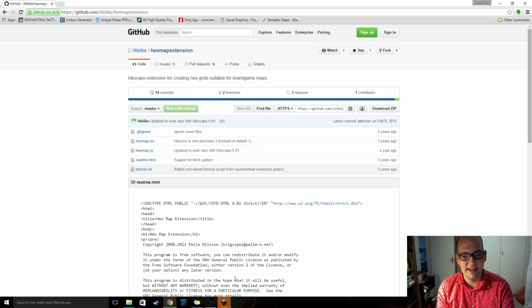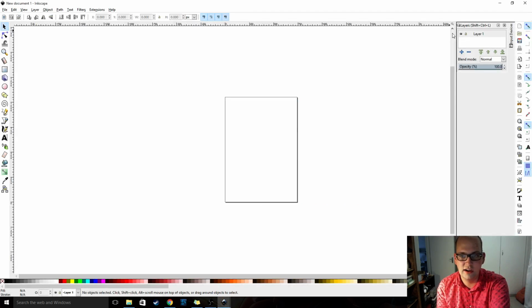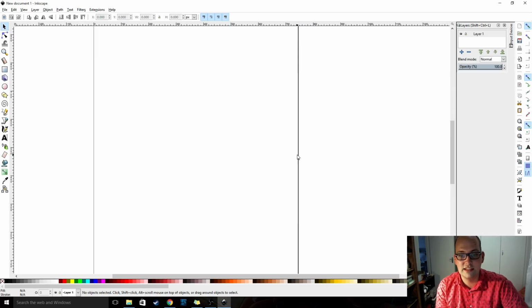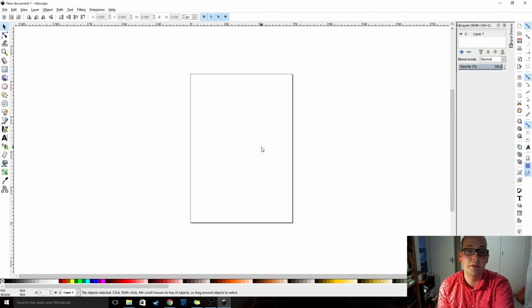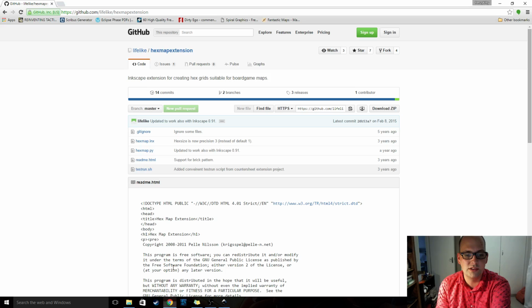So, to make my hex map, it's a two-step process. Basically, the first step is I create the hex map as a vector image in Inkscape, which is an open source vector image editor, and I then bring that into Photoshop. So I'm going to show you how to do that, but the first thing you need to do is obviously install and open Inkscape. I've opened two windows of Inkscape here, it's not great. But the other thing that you need to install is what's called the hexmap extension,